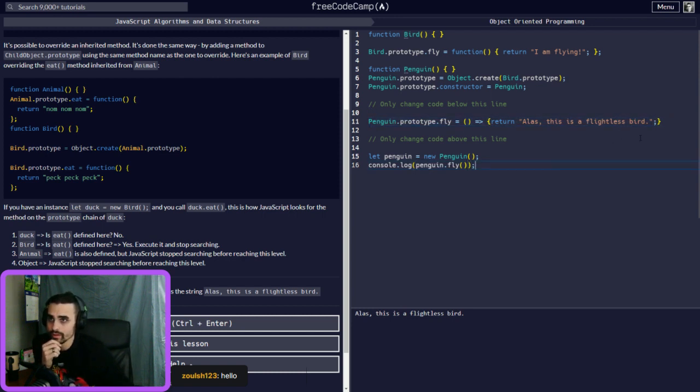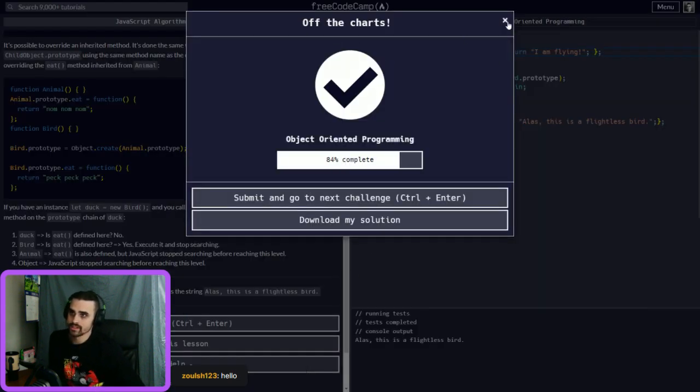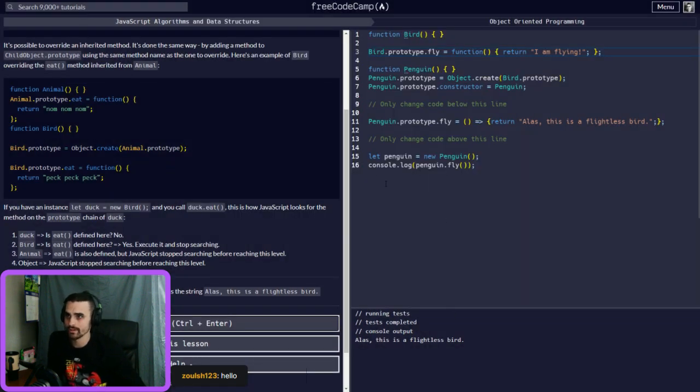Functions don't have to get these, but I guess you can if you want. But if you're adding this fly to it, it does have to have an ending, because it's not its own. Because you're doing this right here, it has to have an ending semicolon. Okay. As you can see below, it returns penguin.fly and console.log, and the last is, it's a flightless bird. So yeah, you can override it that same way.